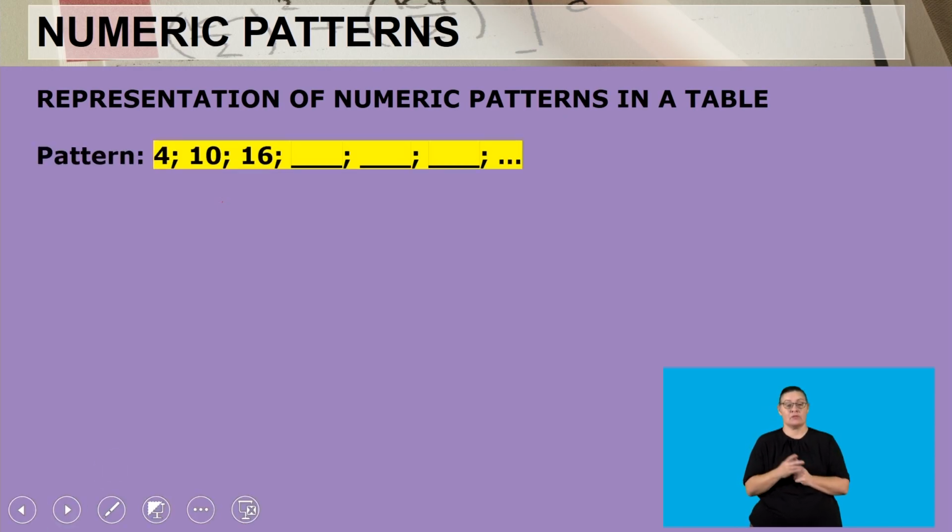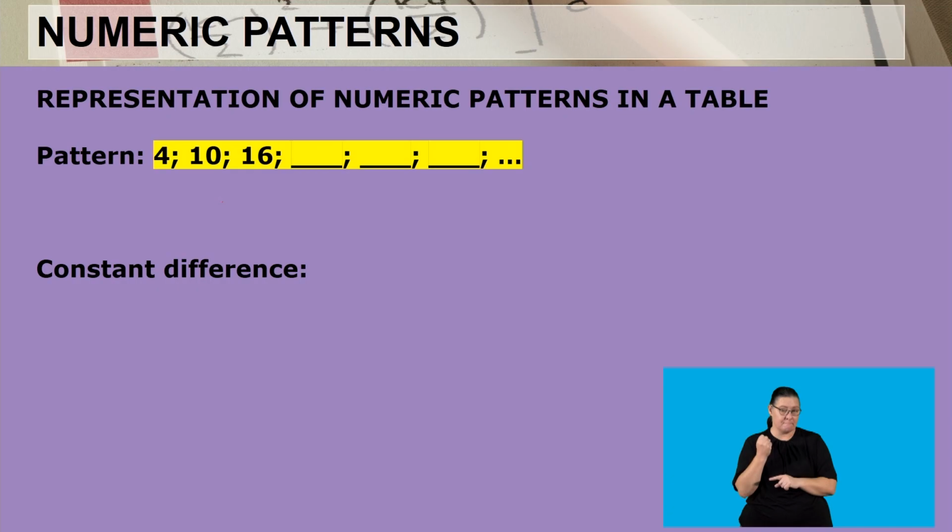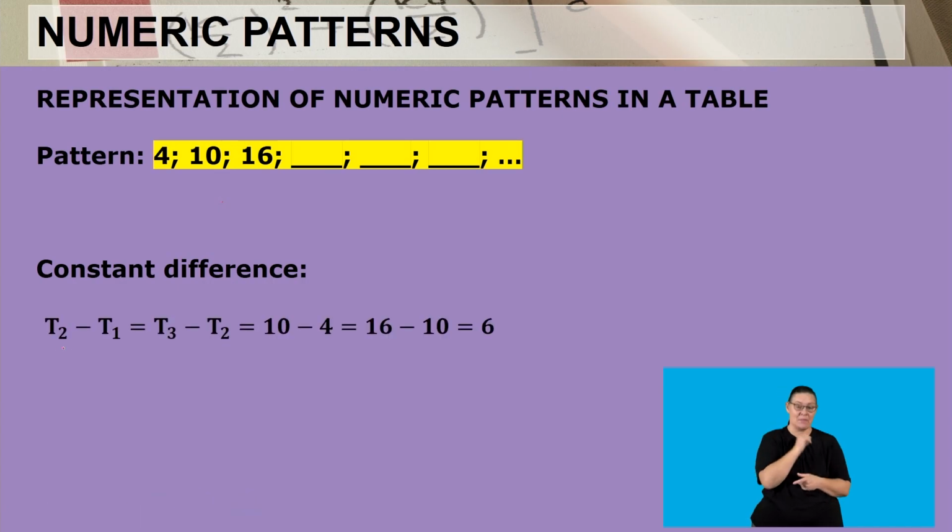Now, in our pre-knowledge questions, we did look at the pattern 4, 10, and 16, where we were required to find the next three terms. And if you remember, we had to find what the rule is. So now that number that we found that is adding on to these numbers to get the next term is the constant difference. Now, do you remember how we calculate this constant difference from our keywords? Yes, we will say that the second term minus the first term, or we will say the third term minus